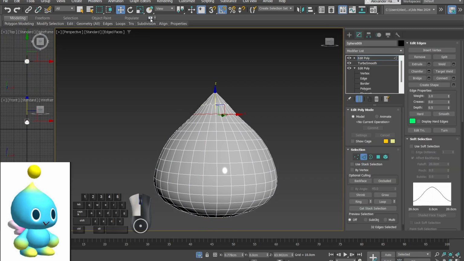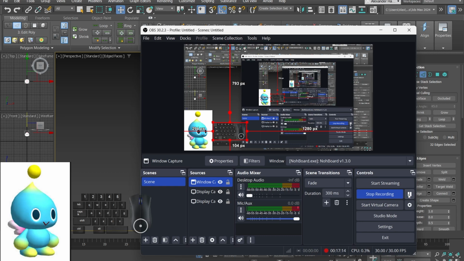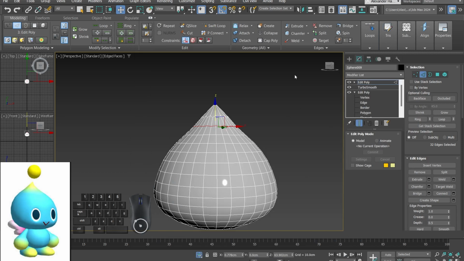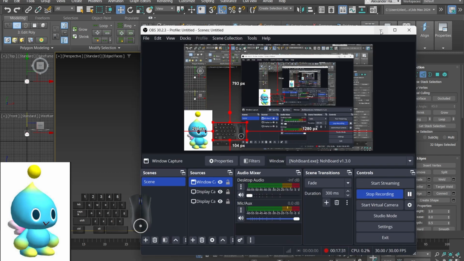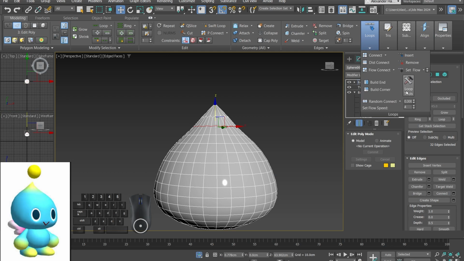If you don't have that expanded, click this so it is expanded. So I want you to double click this row up here, go into the loop section and click set flow,